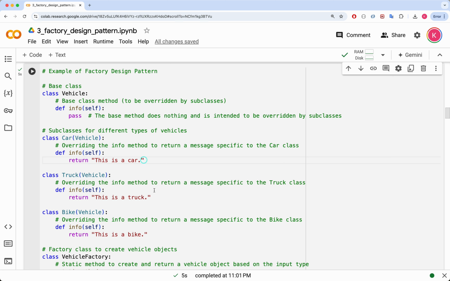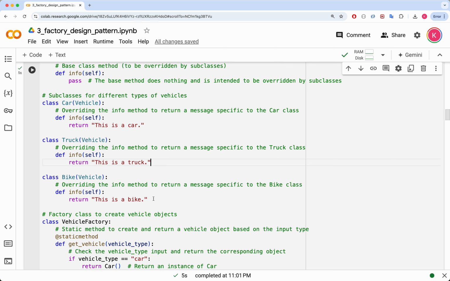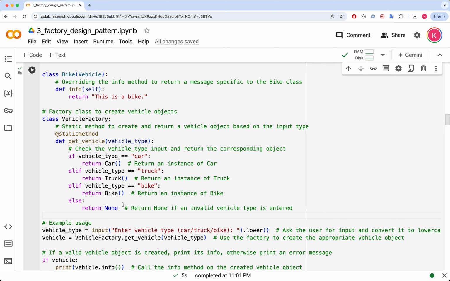This demonstrates the principle of polymorphism, where different subclasses can have distinct implementations of the same method. The VehicleFactory class contains the static method get_vehicle, which serves as the factory method. This method takes a string input, vehicle_type, and based on this input returns an instance of the corresponding